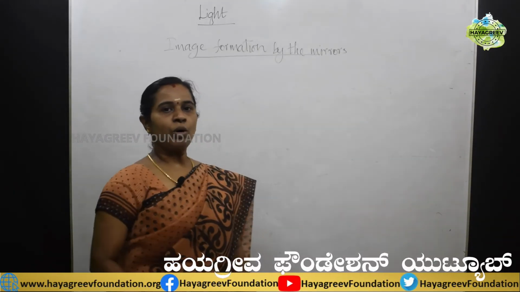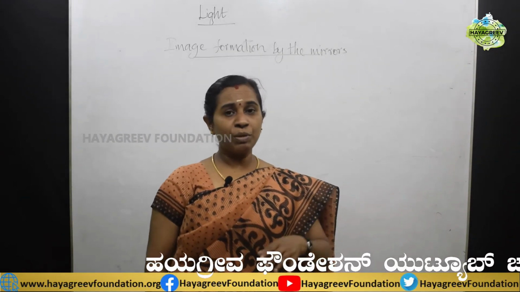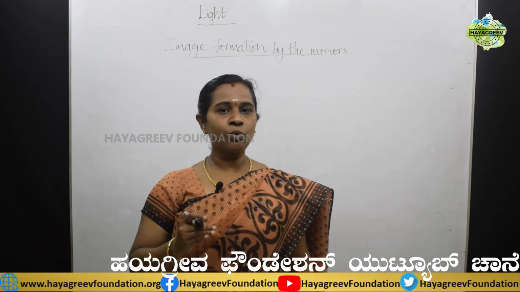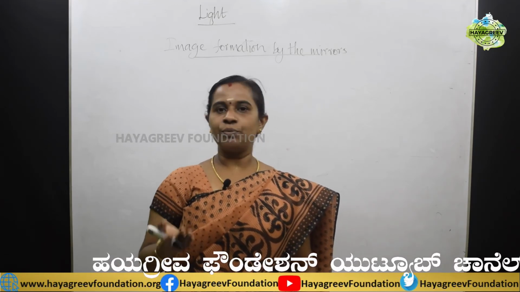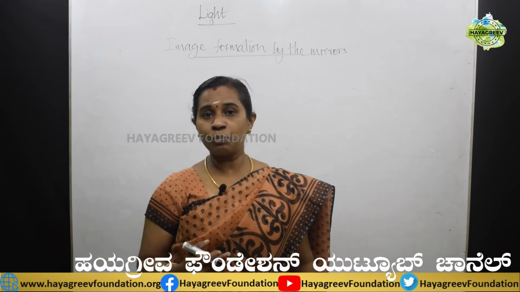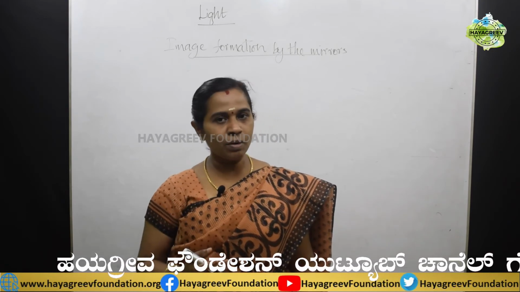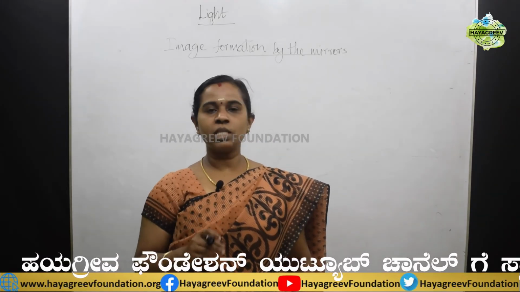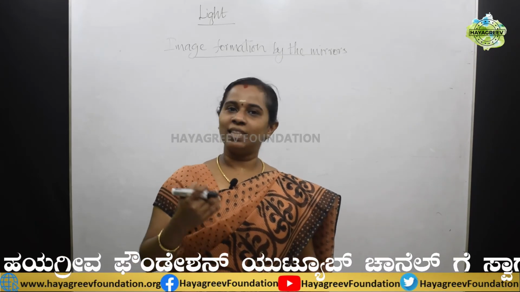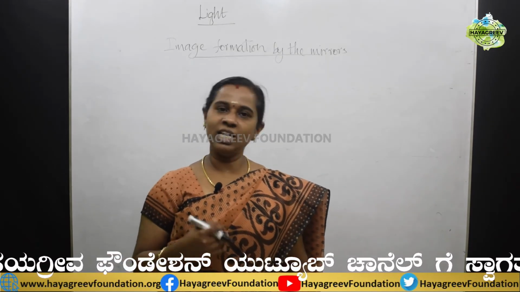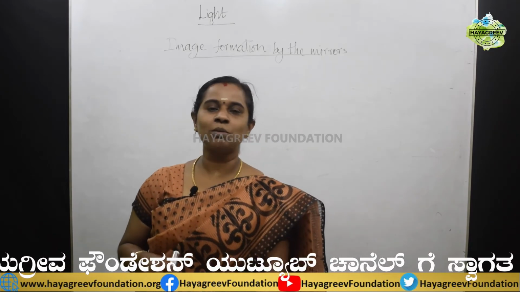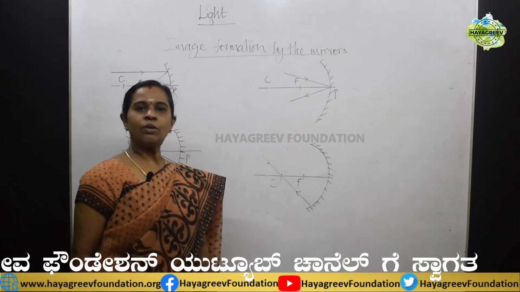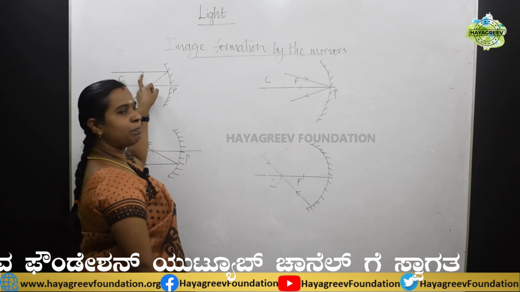Now, image formation by spherical mirrors. Before that we have to learn the ray diagram: where the rays of light reflect if the ray is parallel, or striking at the pole of the mirror, or passing through the principal focus, or passing through the center of curvature. These have some rules, and if we learn the rules, then image formation by the mirror is very easy. First I am going to discuss how the rays pass after reflection. There are 4 rays. First one is the parallel ray.